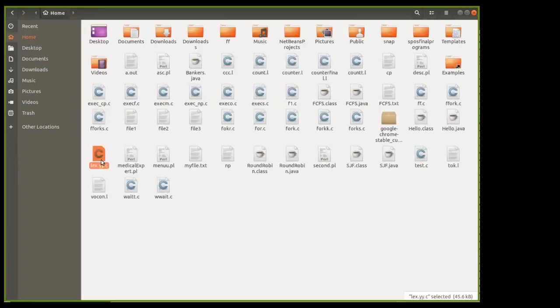Okay, here you can see the lex.yy.c file is being created.